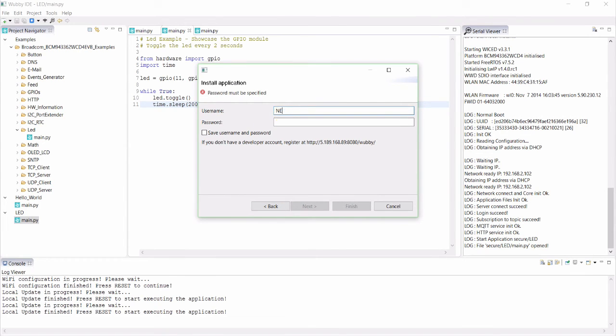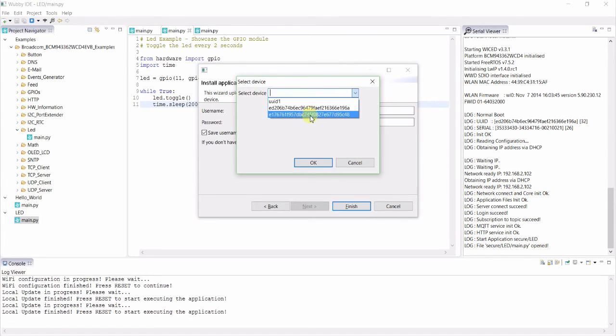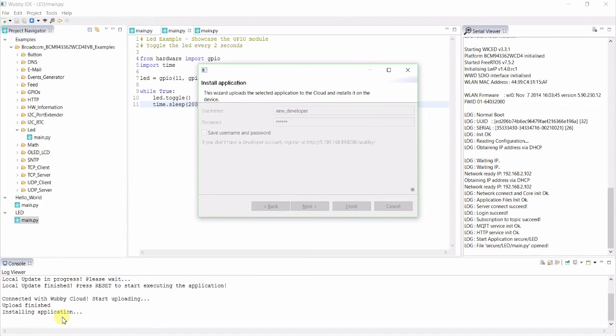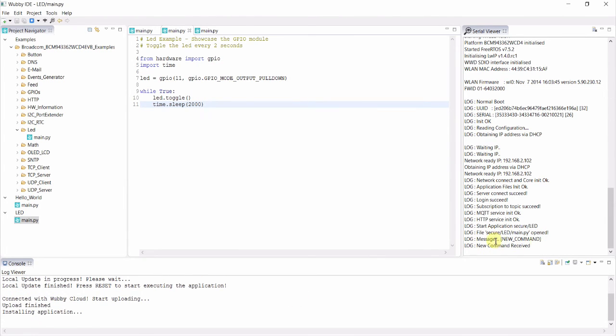Enter your credentials, and after clicking the Finish button, the application will be uploaded first to the Wabi Cloud repository, and then it will be installed in the device over the air. Make sure to check the console and CR viewers to see the progress of the cloud installation and eventually the new program to be executed in the device.